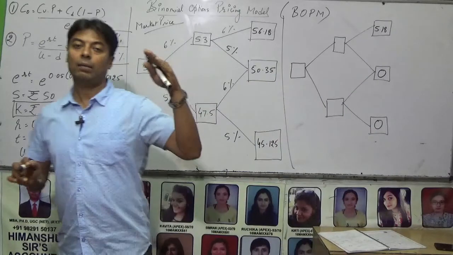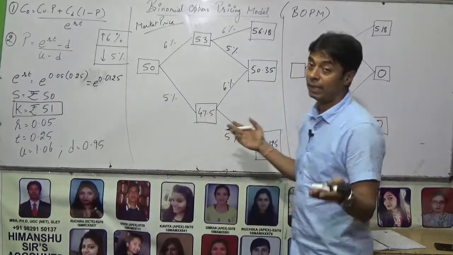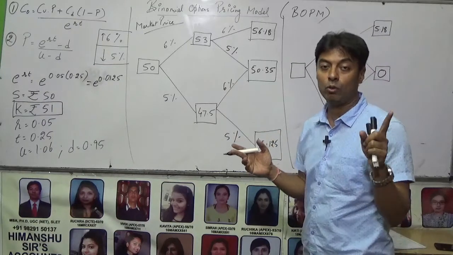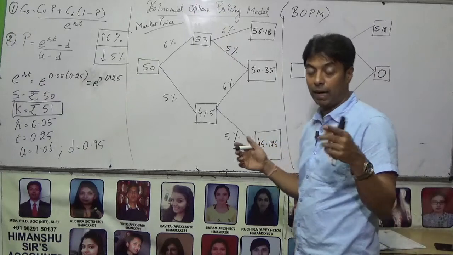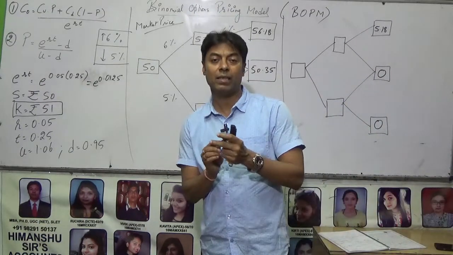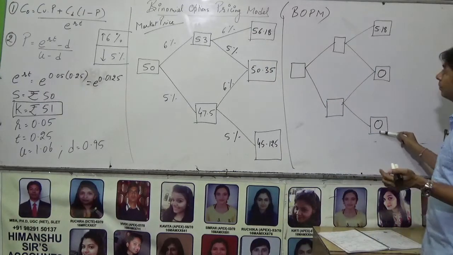So whenever the market price is greater, there will be a profitable situation. And when the market price is lesser, it will be a losing option, right? So he will not execute it, and what will he do? Rather, he will just lapse the option. The result would be zero.